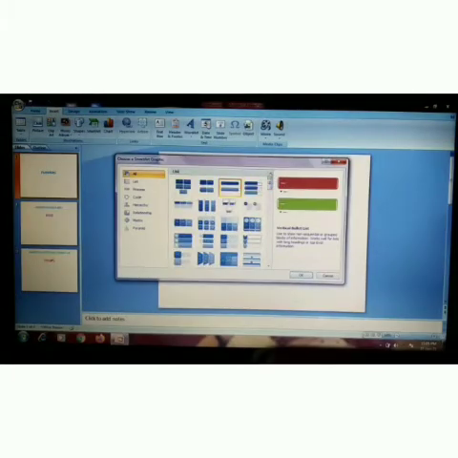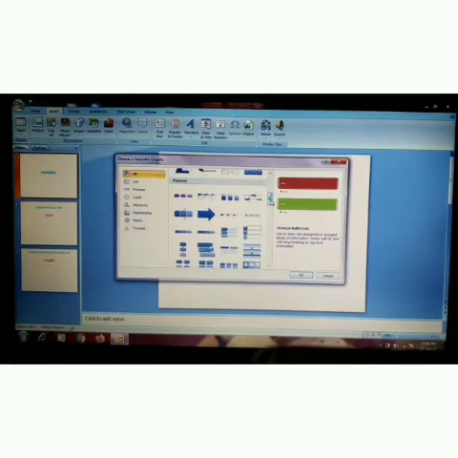If you want to type a list of items and you want to indicate it using a shape, you can use this list smart art graphic. Then these shapes are used for indicating a process.